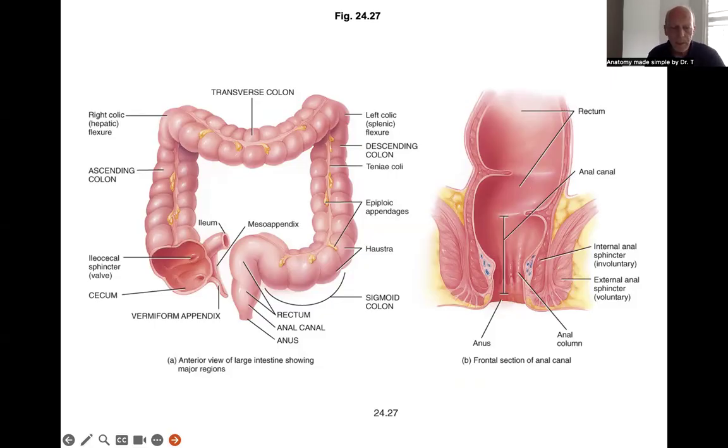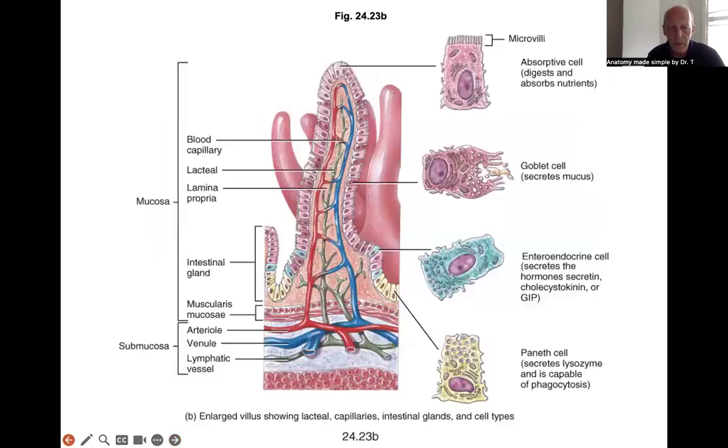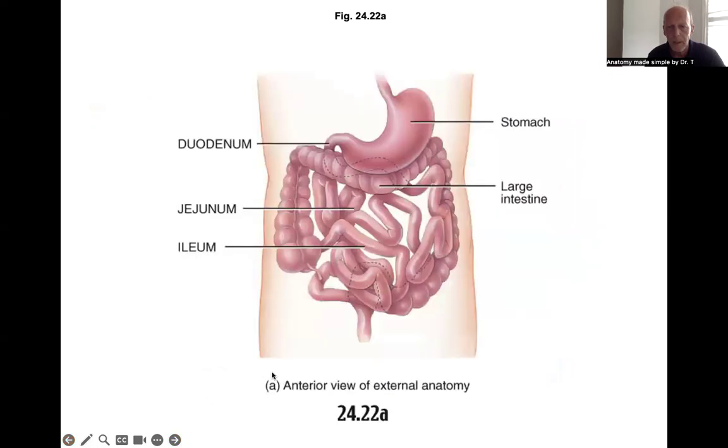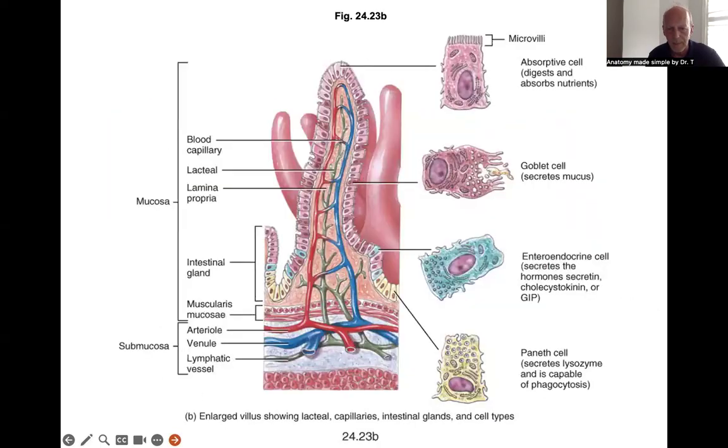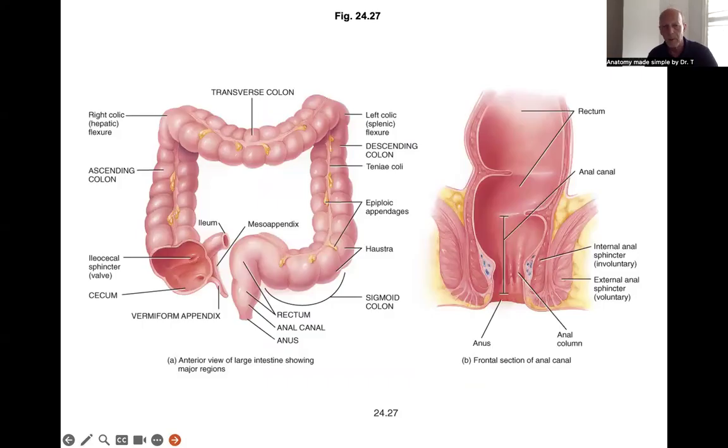So you could have seen it on the first slide that we have used today, and I'm just going to quickly scroll back to point out that basically the large intestine practically goes and almost makes a framework within which the coils of the small intestine are placed and located. And of course, the large intestine, its large attribute is not really based on its length, but rather on the circumference or caliber. And very clearly, you can see that this is looking totally, totally different compared to anatomy of